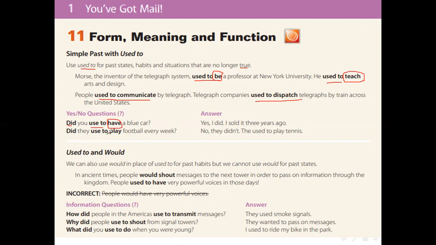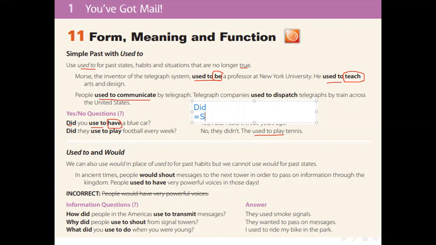Did they used to play football every week? No, they didn't. They used to play tennis. Used to play tennis. Now, write this note, please. The form of the question here is, who can tell me? Excellent. Did plus